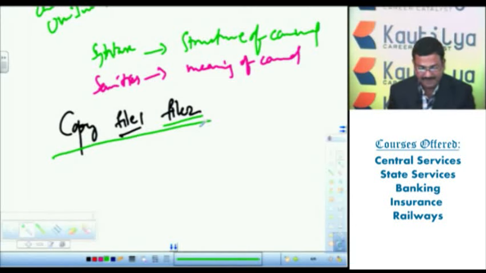Semantics is the meaning of that particular command. The meaning of this command is to copy the file contents to the other file. If I use any other command syntax, this is not going to work properly. So this is called a character user interface command. Then